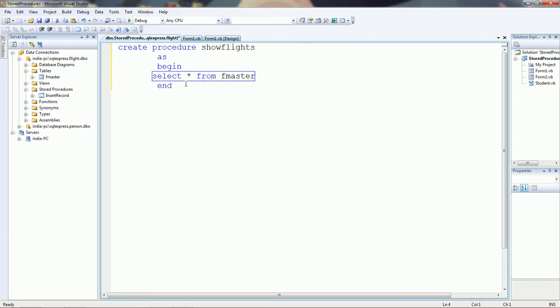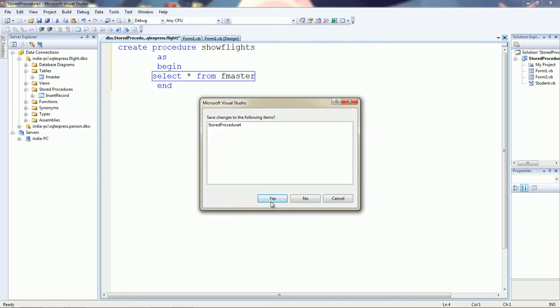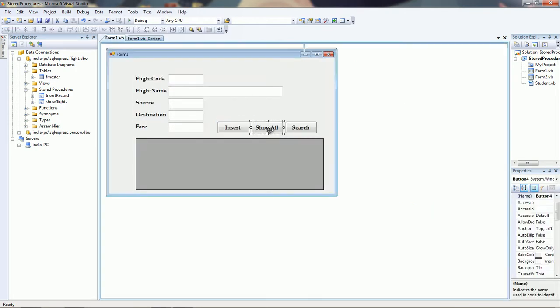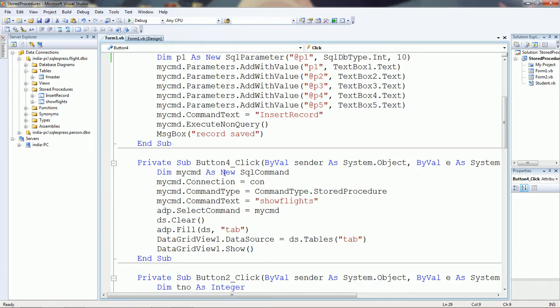It is a simple query, select star from flight master. Now save it. The show flight procedure is created.